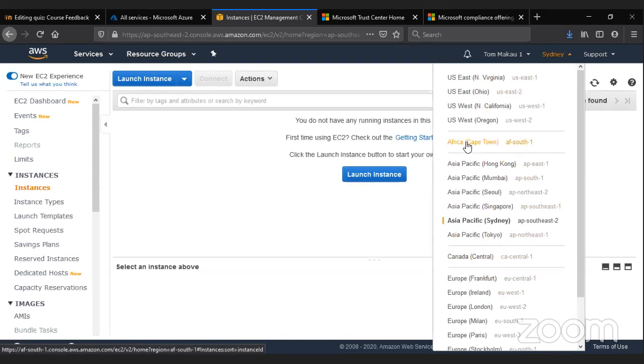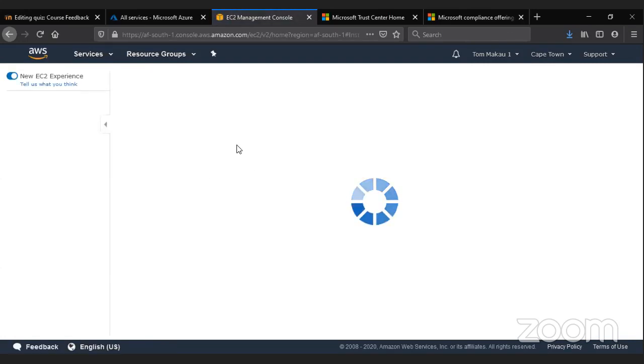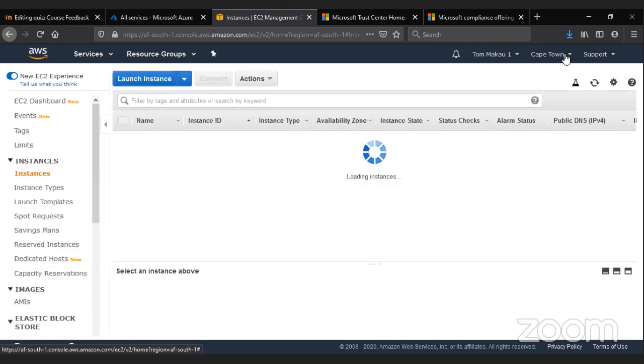I can choose Cape Town, and then it will change to Cape Town. So now any resource I configure here, any server I set up, if I say new server, it will be set up in Cape Town.